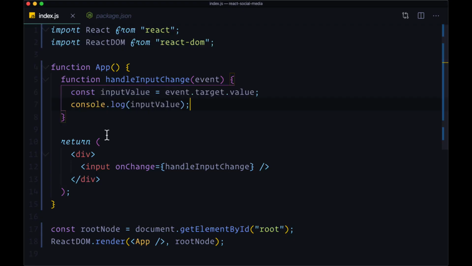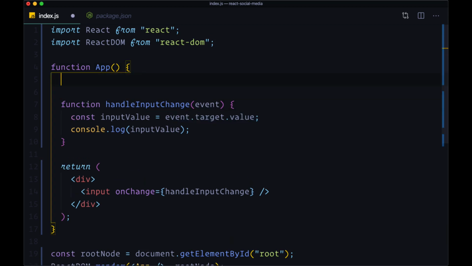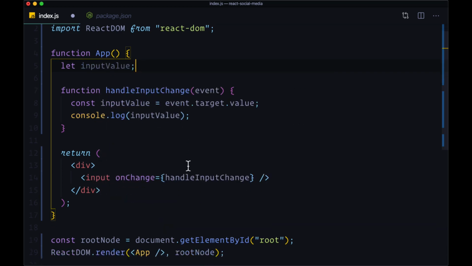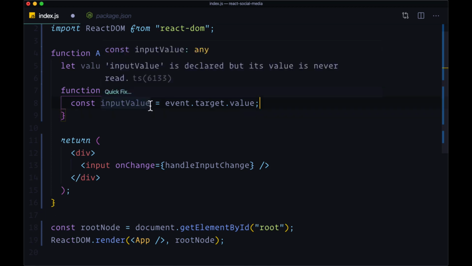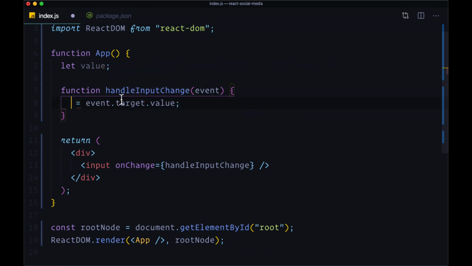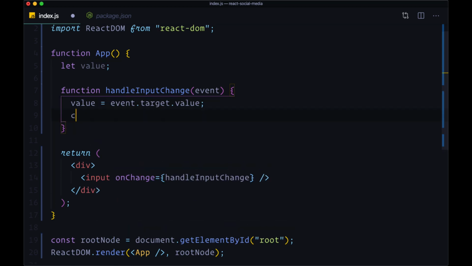In other words, if we want to store this input value, the value that a user typed in, where could we do that? If we thought about this for a second, we might opt to create a variable with let, where we could hold on to the value that was typed in. And maybe we called this value instead of input value. And we could remove this input value variable. And every time this function runs, whenever there was a new change event, we could just update this value here. So if we were to try that,